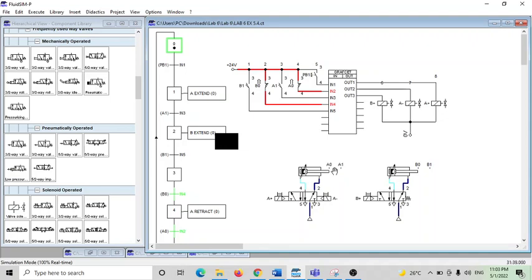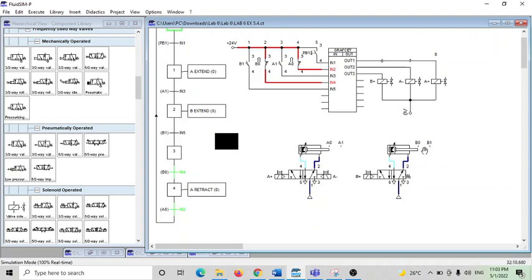Once the cylinder A reaches A1, it will trigger the in3. So for the in3, the B plus will extend the cylinder B from B0 to B1, and when the cylinder B reaches B1, it will trigger back.